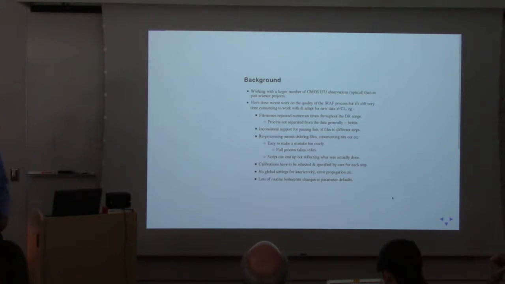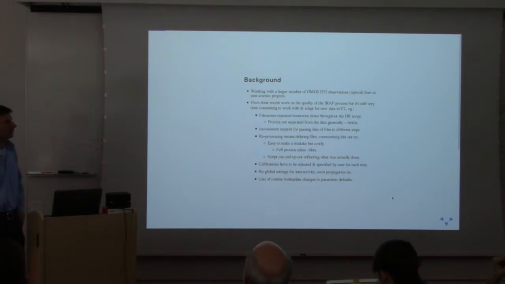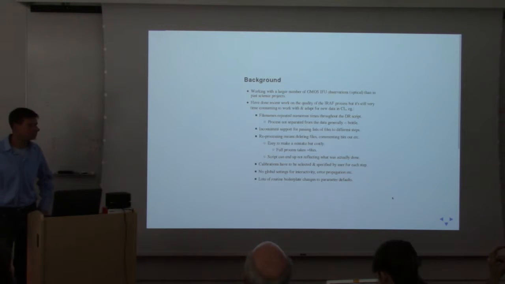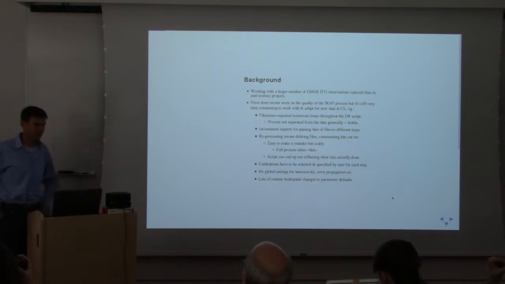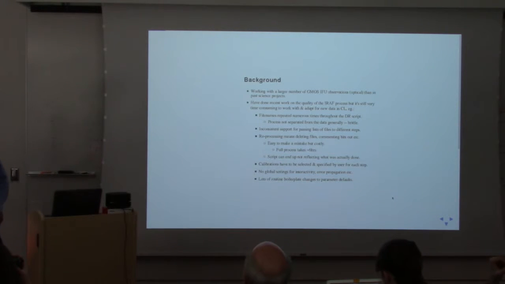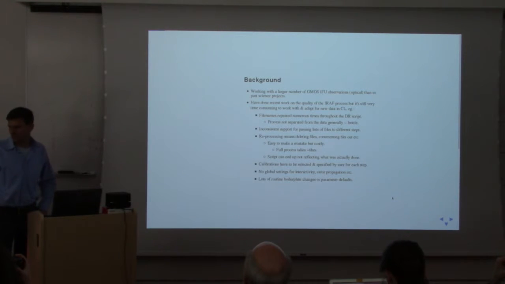This is for you. So I work with IFU data a lot, from the GMOS IFU mostly, which is optical spectroscopy. And I find it takes me a long time to reduce data. It can take a year or two to reduce a handful of observations. That's tended to include a lot of process improvements and things. It's not just scripting reduction, but this time we have a larger data set for the project I'm working on now, and I decided it was about time to do something about the state of the data reduction,